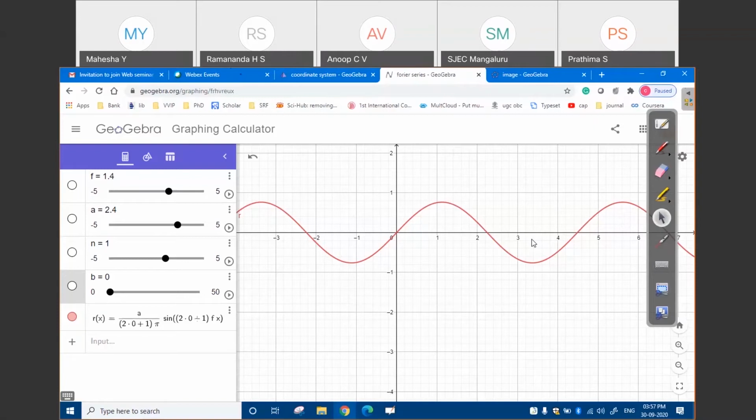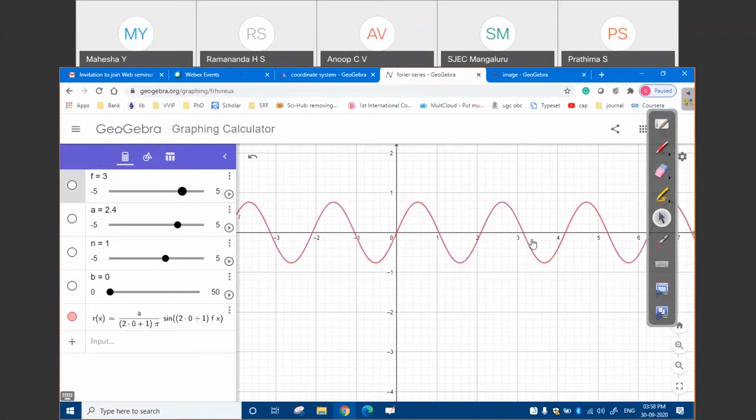The expression for the Fourier series using the sine is given by 4/((2n+1)π) sin(2(2n+1)πft). That is the expression actually. So I'm not going into the expression. Now I'll show, as I increase the number of sine terms, which are higher frequency terms I am adding. I will fix the frequency, so this is a 3 hertz sine wave.